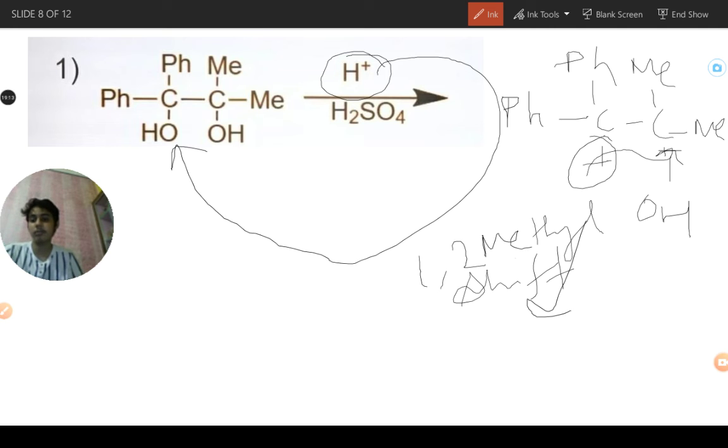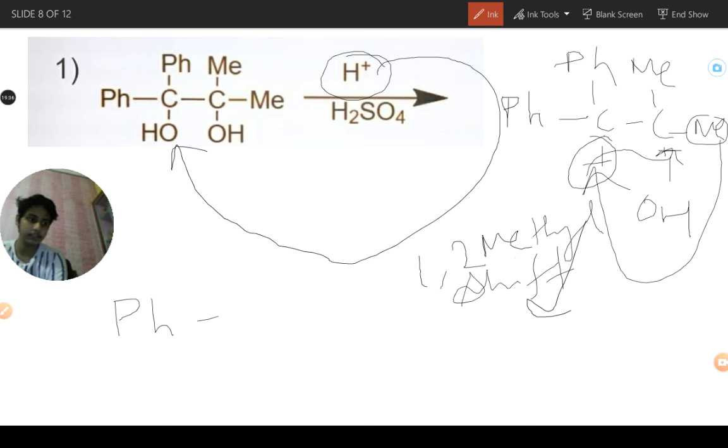We will be writing here a 1,2 methyl shift. So when the methyl will be this methyl or this methyl, you just take, and your methyl will be here. Now the carbocation will be jumping over there, and you can see now the group will be more stabilized and H plus will be removed, and we can now write the product directly over here.